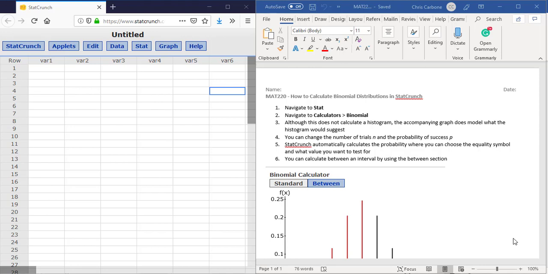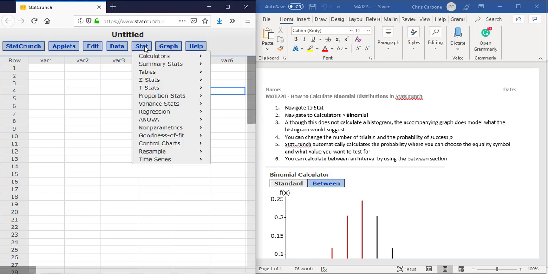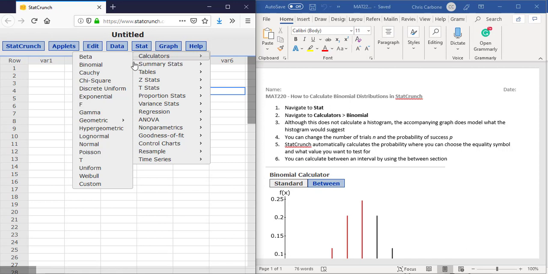Hello, in this video we are going to go over how to calculate binomial distributions in StatCrunch. For this we need to go to Stat, Calculators, and then Binomial,